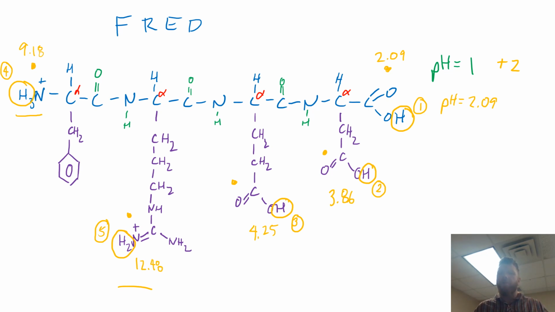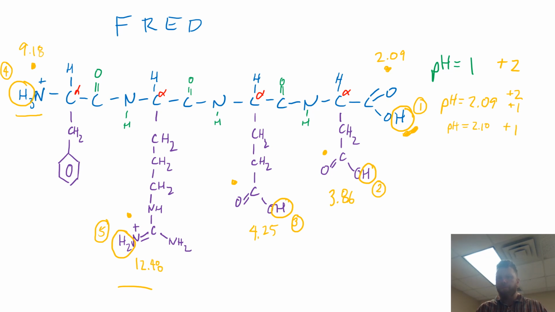Well, at that point, we have an equal abundance of the deprotonation here and the protonation here. So 2.09 is the transition from +2 to +1. Now, once you go to pH equals 2.10, then the predominant form of that molecule has a charge